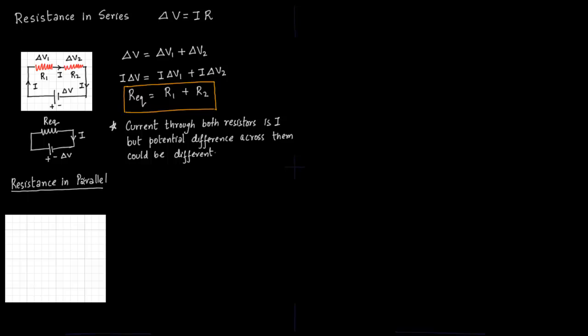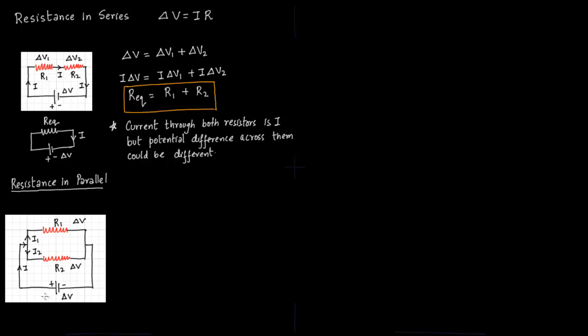So now we talk about resistance in parallel. So you have two resistances which are connected in parallel. So let us draw this. You have the battery here, and then you have two resistances in parallel. So we need to reduce the circuit to equivalent resistance. So you have delta V here, positive and negative side, resistance R1 and R2, and you have current flowing through them. Now the current splits into two different branches, I1 and I2,